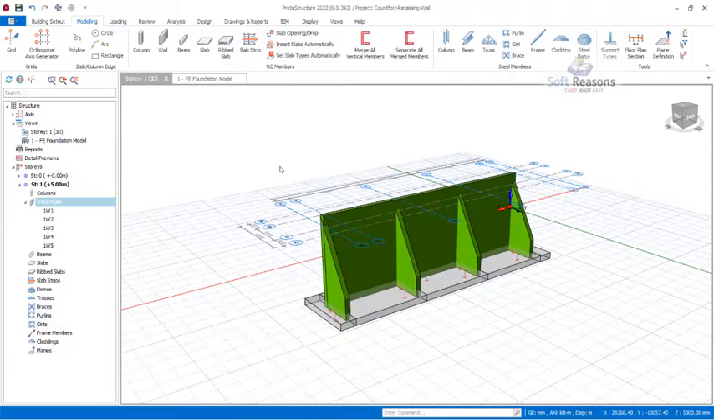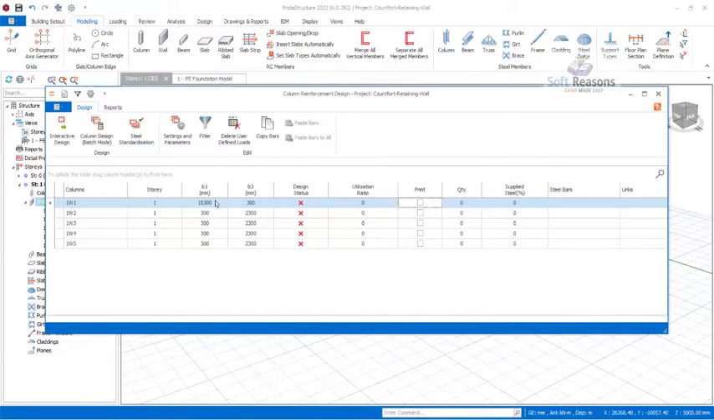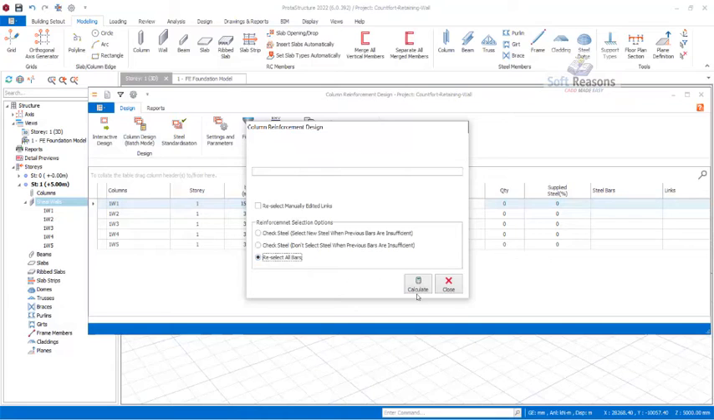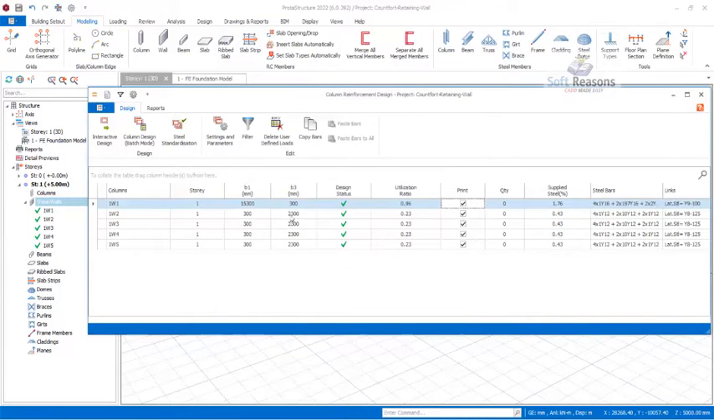So we have a dialog that will come up. Here is the dialog, and you can see we are having a red cross. It simply means the structure is not designed yet. So we use the column design batch mode. Select right there, reselect all bars, and click on calculate. So the process is completed, and then click on close to have all of the wall designed successfully, and then